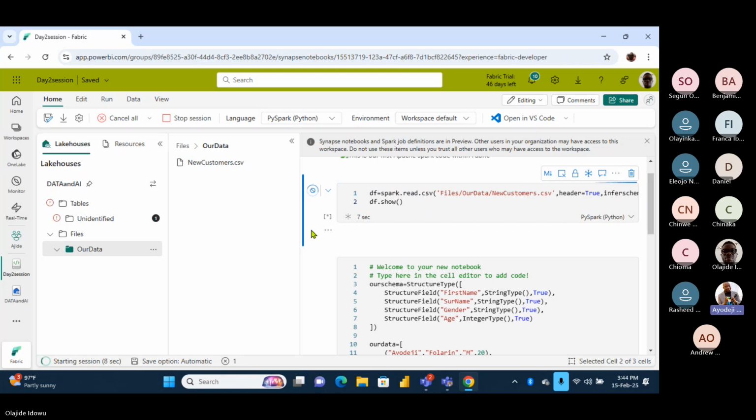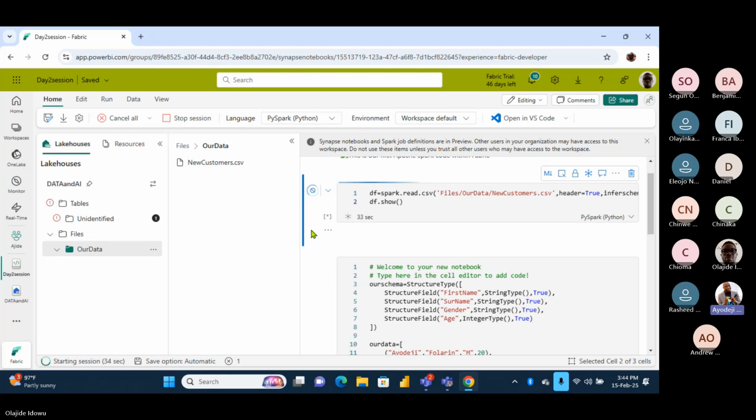This should not take long. So the first one, we are creating our schema. The second one, we are inheriting a schema from the CSV file that was given to us. So we can run this.